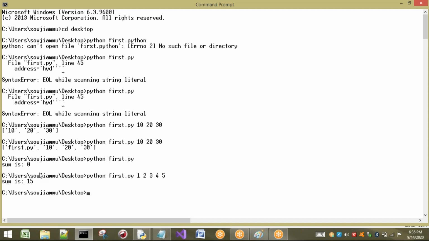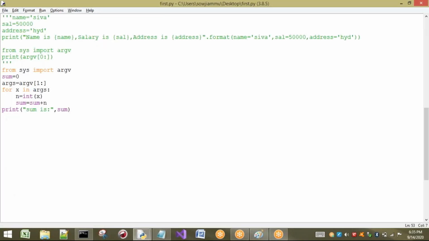Now I will show you not only one type. If you take any type, I'm going to take one small program, just from sys import ARGV.